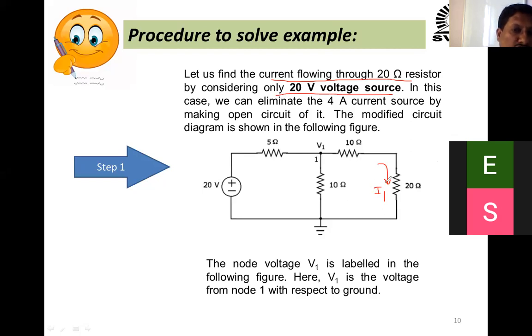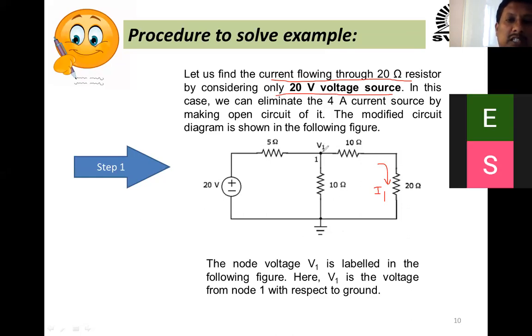So how to find out the value of this I1 now? How to find out this I1? By using nodal analysis. Yes, very good. So nodal analysis we have to use. We have learned the prerequisites. That's why I told, the prerequisites are very important, because without those prerequisites, we cannot solve the problems on the network theorems. So here we can solve it by using what? Nodal analysis.